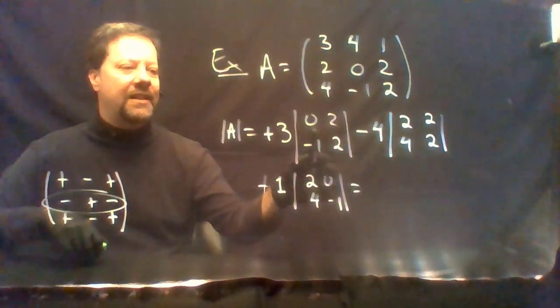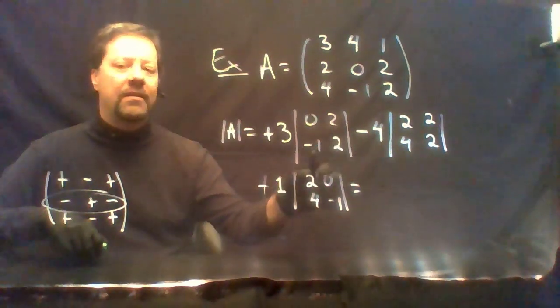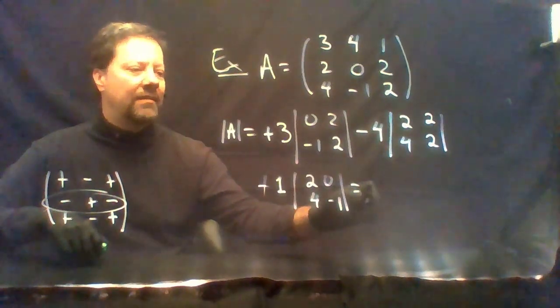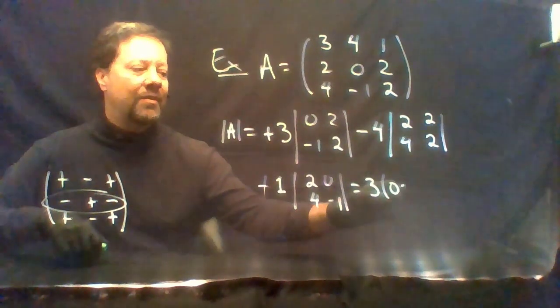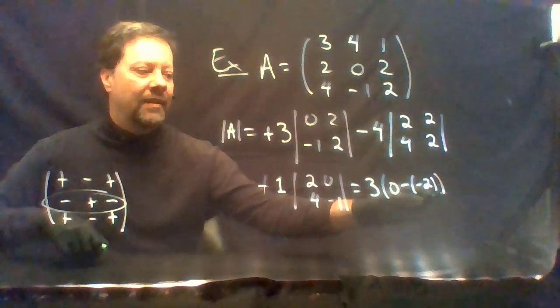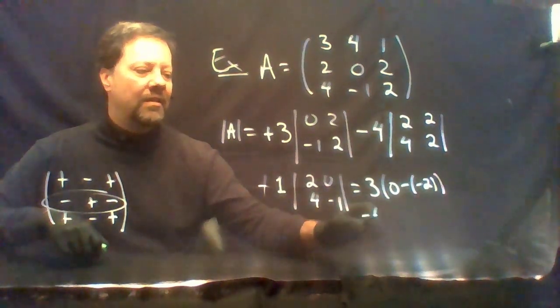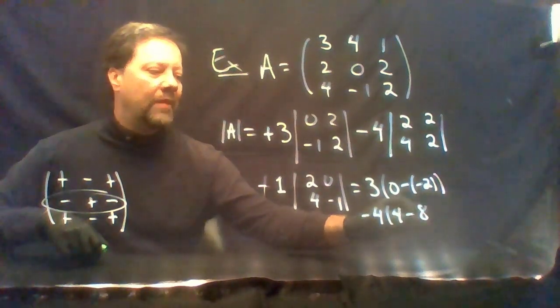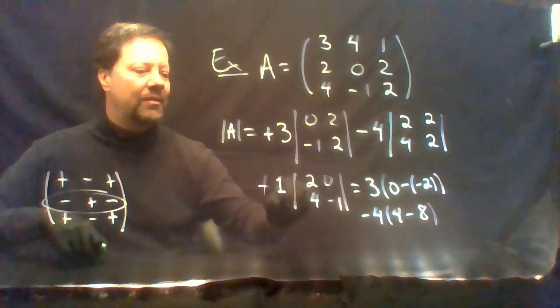You can see that you'll have 3 times 0 minus negative 2. Let me write that out. 0 minus negative 2. Minus 4 times 4 minus 8 plus